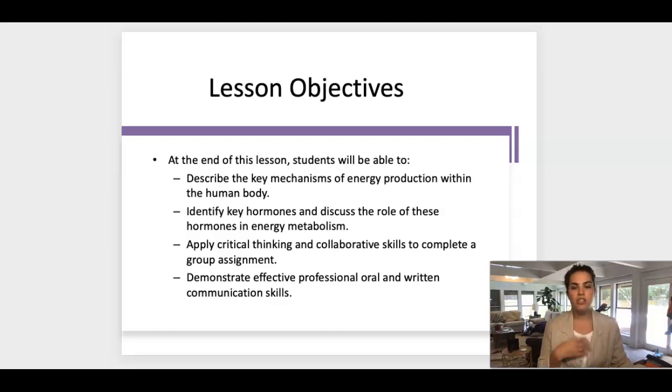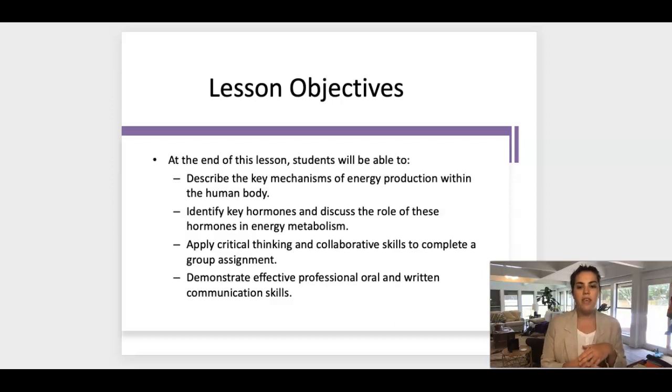for energy. So you'll notice in our textbook that the chapters are divided between carbohydrates, lipids, and proteins specifically. So we're going to get very deep into how each of those macronutrients is metabolized for energy. So today what we're going to do is rehash those concepts that you learned in Diet 200. We're going to revisit some of those ideas and see where we're going to go with that this